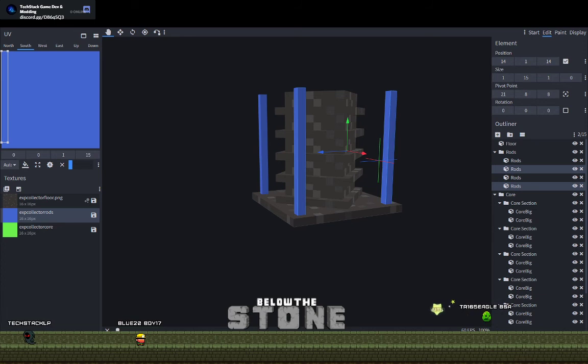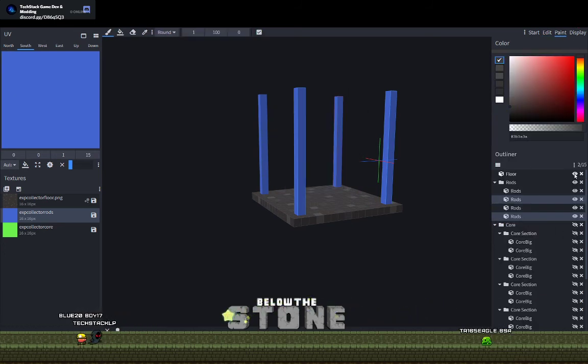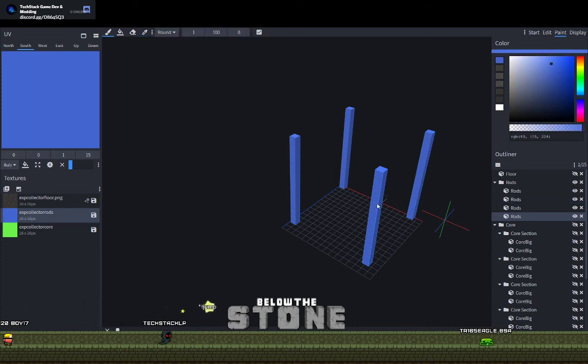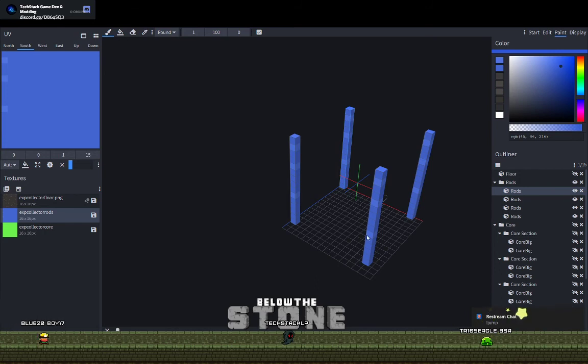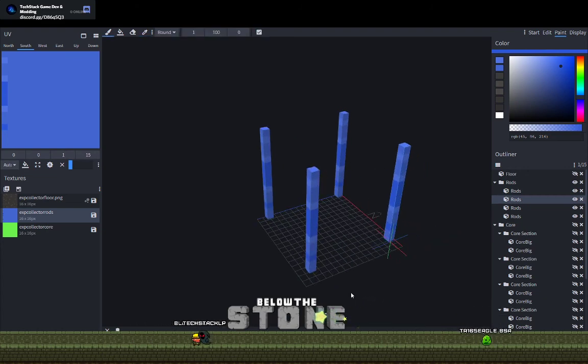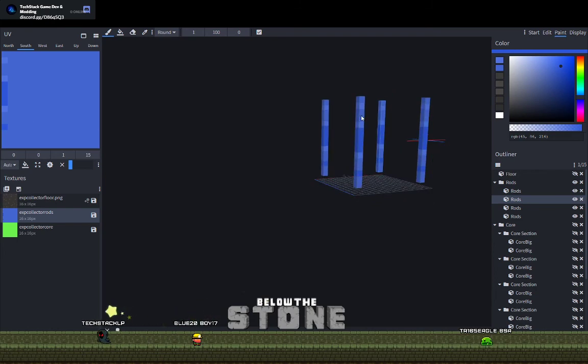On this though, go back to paint, and hide the cores, hide the floors. We see, can we get a paint dropper? Can, awesome. Okay, now that makes everything all the same all the way around, which isn't bad, but I think I prefer